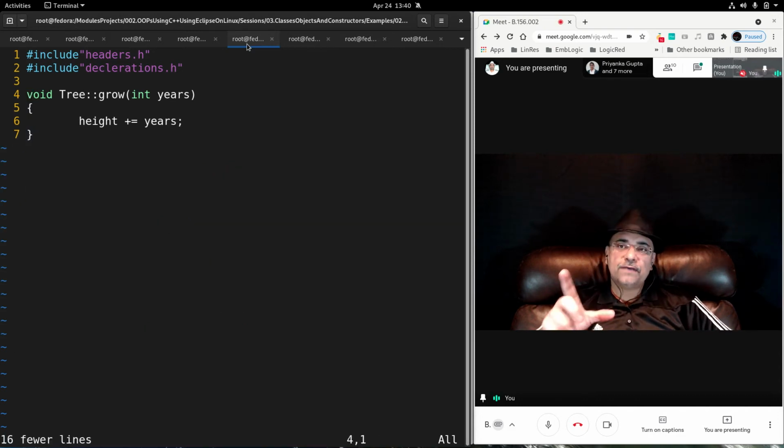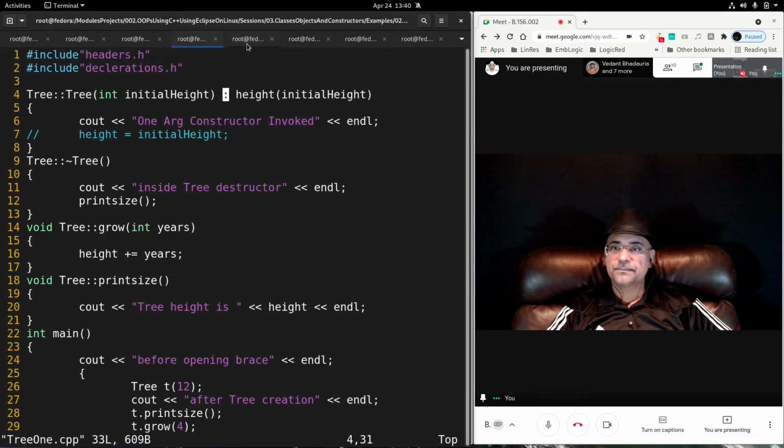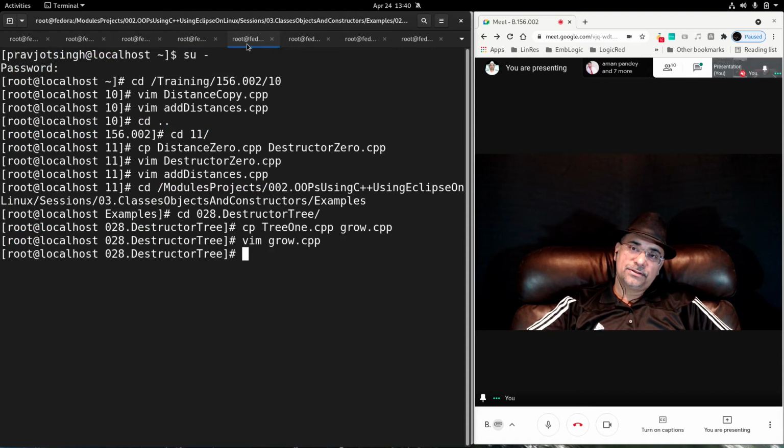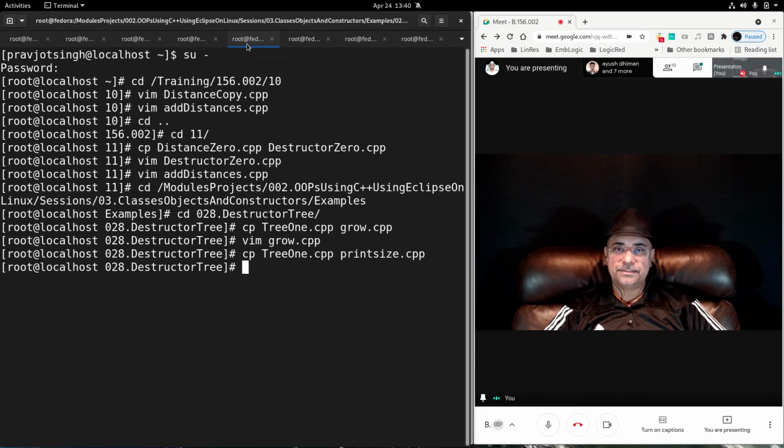Okay. So I have written the grow function also. Done. Then another function is print size. So let's write a print size function also.